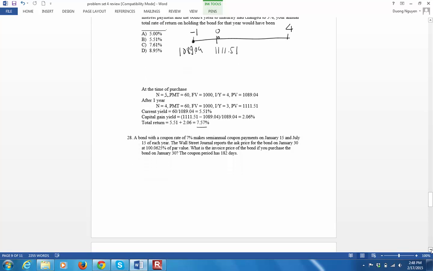Number 28, a bond that has a coupon rate of 7% makes semi-annual coupon payments. The first coupon payment is on January 15, the second is on July 15 of each year. For example, today is January 30, and the ask price is equal to